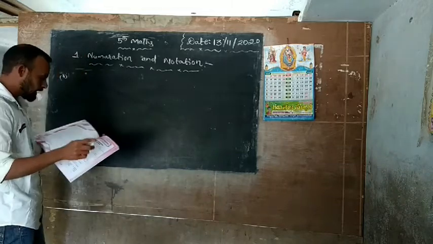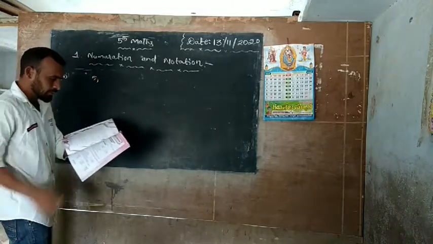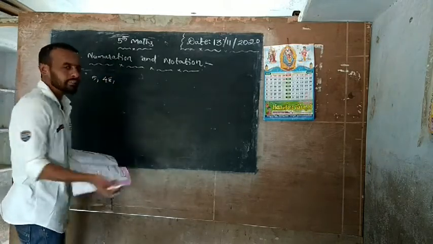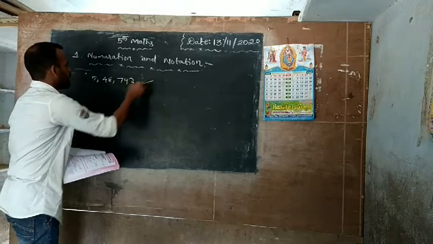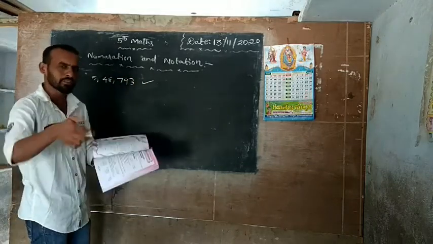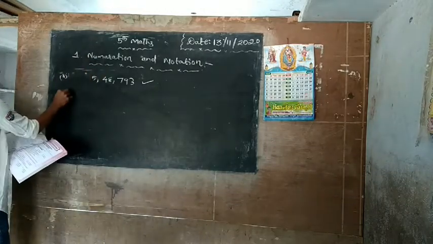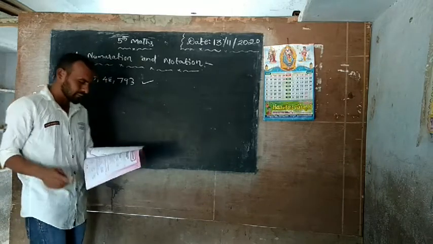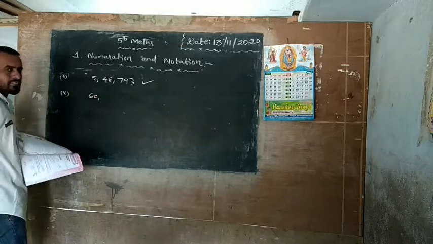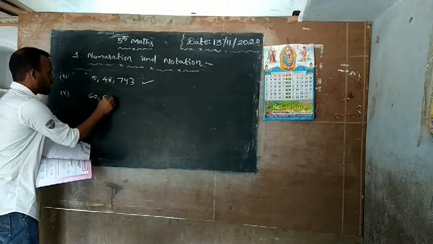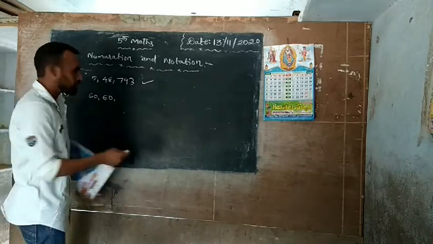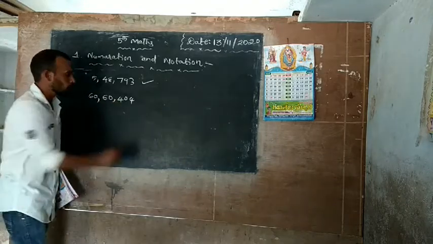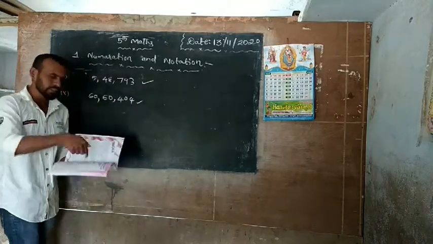5,48,793. So here at the 5 lakh place, 5 is given. 5,48,000 and 48,793. Very easy. 793. So this is the number. Here the number name is given; now you write the number. So the last one I will explain now. Last one, see here, 60 lakh 60,404. It is asking 60 lakhs, so 60 lakhs 60,000, and 60,404 is asked, so that's why 404. 60 lakhs 60,404. So like this you write the numbers for the given number names.